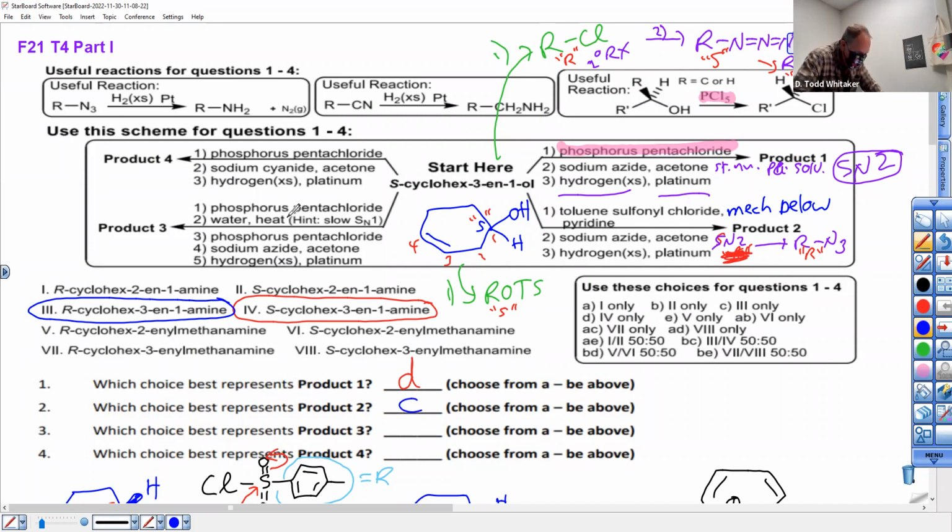Now we're back to our phosphorus pentachloride. So our S is becoming R again. Step 1, you get RCl. That's R, because you started with S. That's correct? Yeah. And then we're doing our water, heat, and a hint: slow SN1. I had to give you this hint